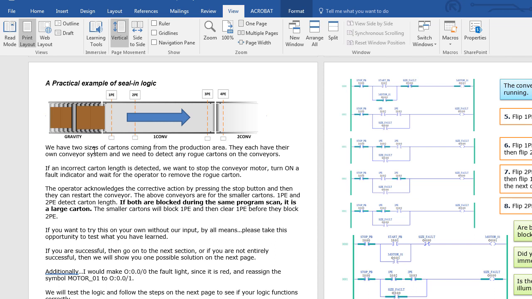Okay, we've also got 4 photo eyes. Initially, we may not use all the components that you see here, but here's the general idea. This carton comes up by gravity, it rolls up and it hits the leading edge of this conveyor, but it's not going to go on the conveyor unless the conveyor is energized. If the conveyor is energized, then this carton will be pulled onto the conveyor and it'll block the optical path